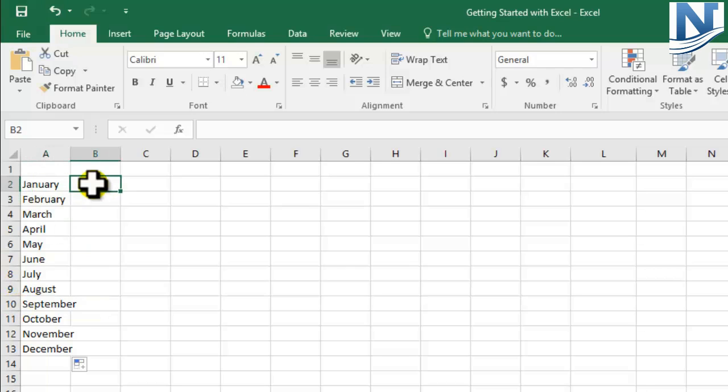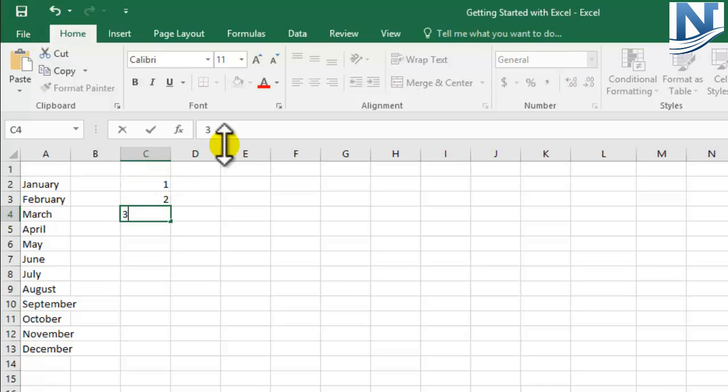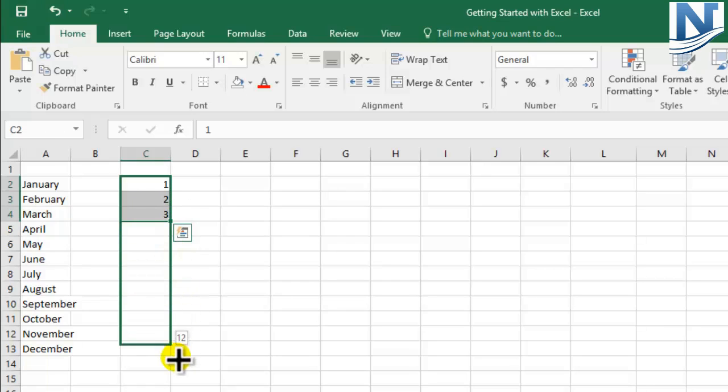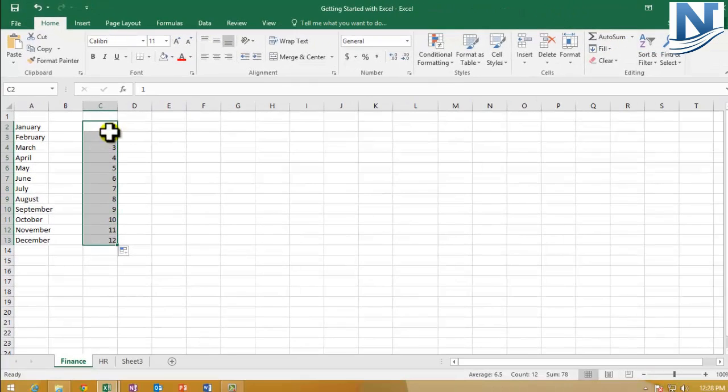Now coming to the next autofill function with respect to numbers. For numbers, I am typing 1, enter, 2, enter, 3, enter. So am I going to do this again and again if I want to type down 100 numbers? No. For this also, I can select these 3 numbers and again drag it till the end. What I've done is use the autofill function: I selected and I dragged it.